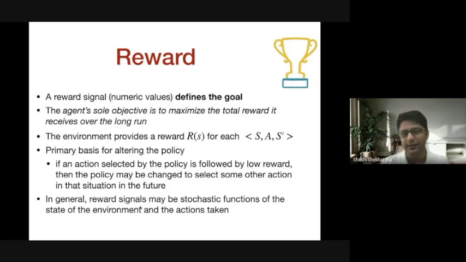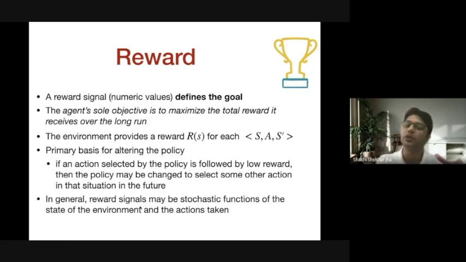I'll give you a taxi example. For a taxi, picking up passengers from some location could be a reward. But every time that taxi visits that location, it may not get the same number of passengers, because passengers may be time dependent. In the morning hours, when everybody is going to office, there will be some location where a lot of passengers are available. In the same location in the afternoon, no passenger will be available. So the rewards are changing, although the state is the same or maybe the action is the same. This is one particular example.